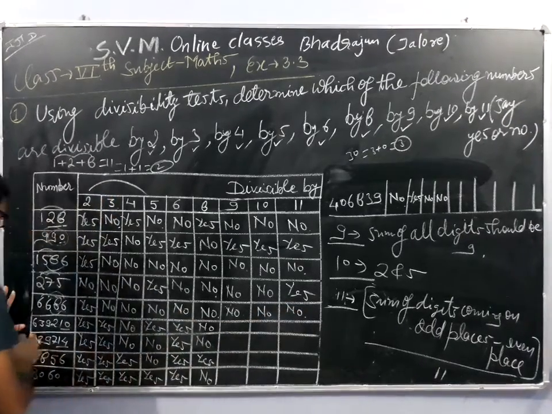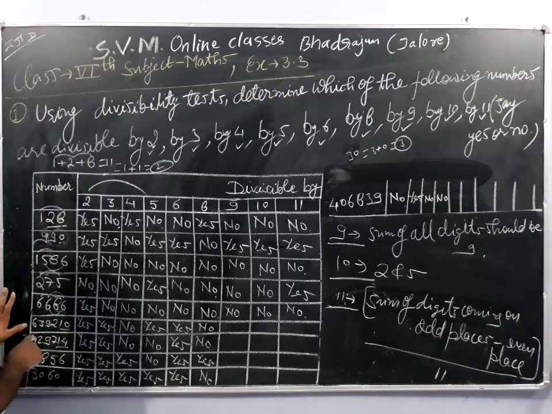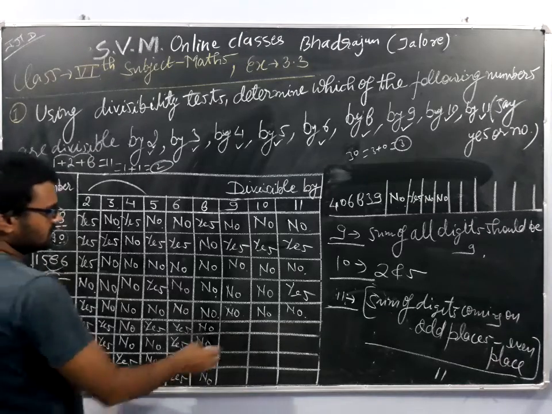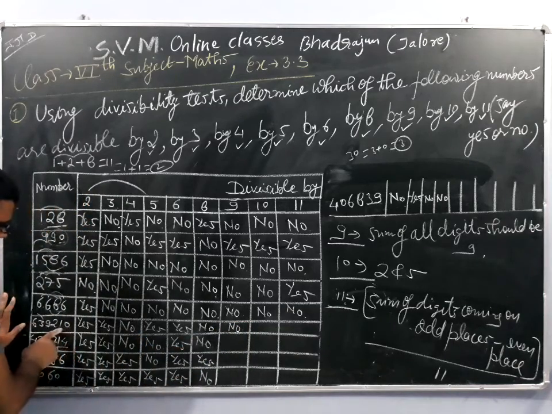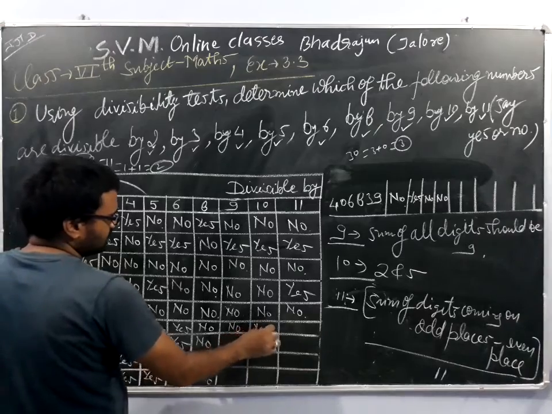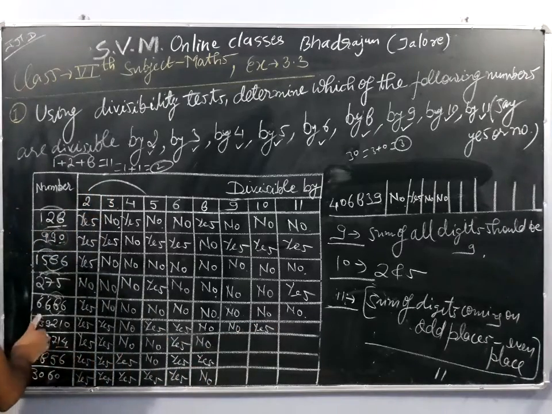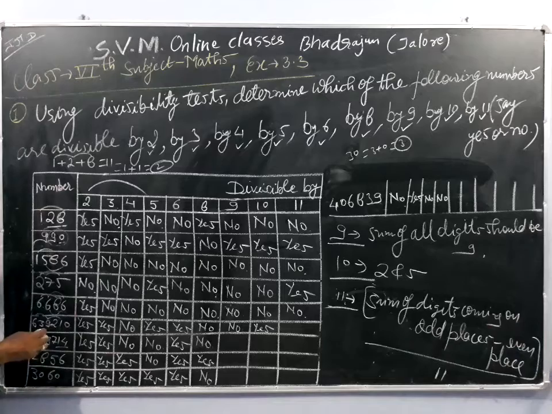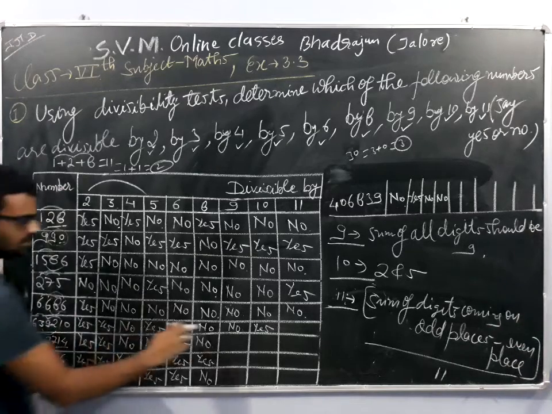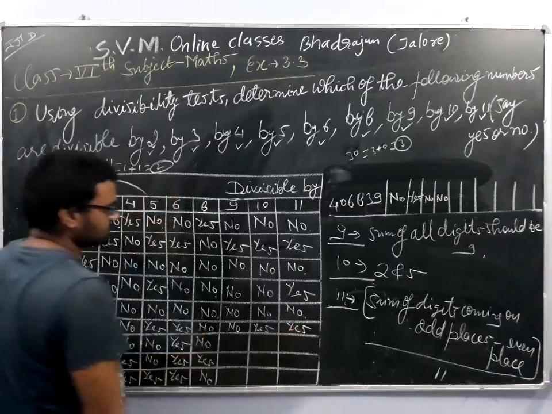Okay, let us move towards the last one, which is showing the digits 9, 9, and yes, the sum of all the digits is coming 3, hence the number is not divisible by 9. Okay, the last digit or unit place digit is 0, hence the number is divisible by 10. Now let us move for the divisibility check of 11. The numbers on odd places are 9, 6 and 1, and the addition of these is 16. 16 minus 5 is 11. 11 is divisible by 11. Hence the whole number is divisible by 11. So our response is yes.